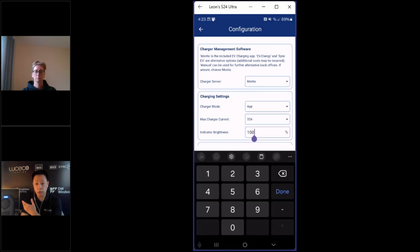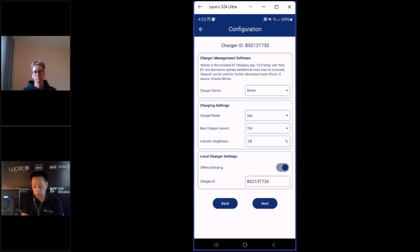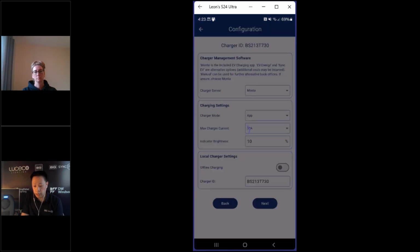We can change the indicator brightness as well. So we'll say put that to 10%. And what we'll do, we'll change that back over because we're not in test mode. So when we go next,